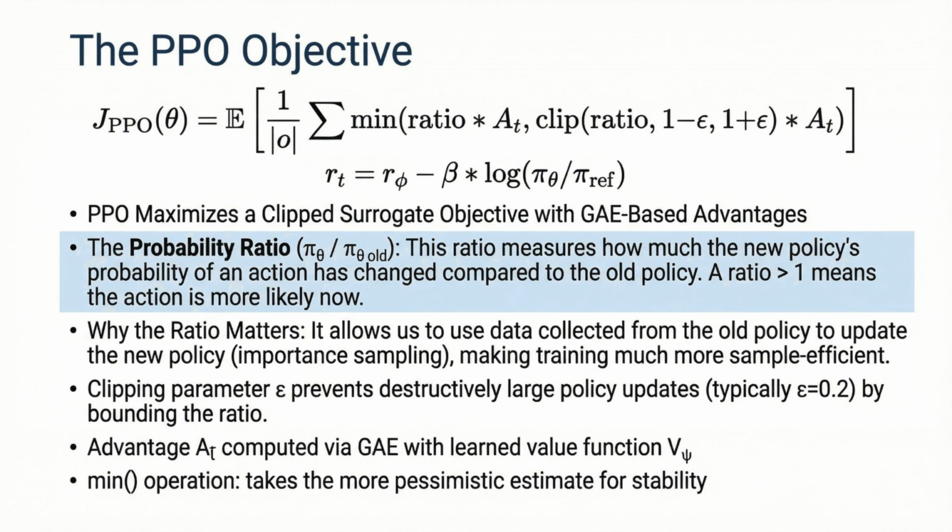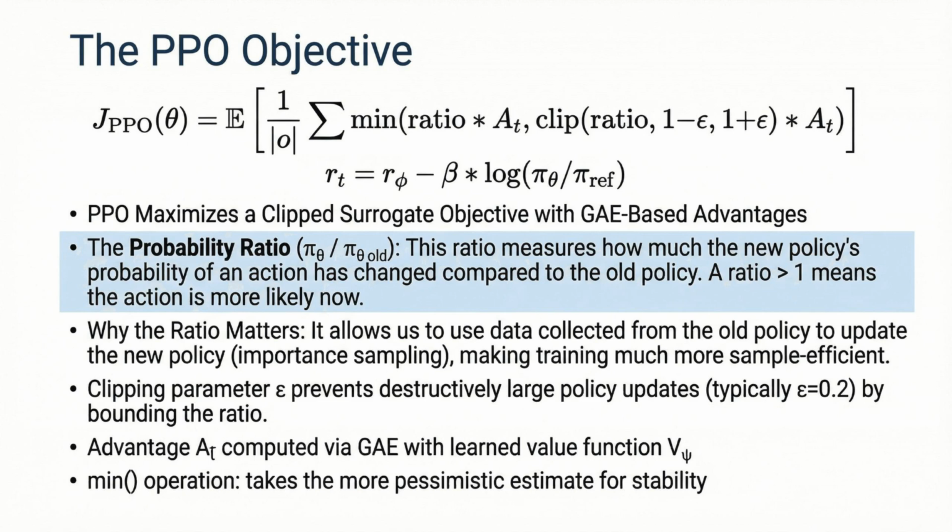Let us now look at the math. This is the PPO objective, equation 1 from the paper. Do not be intimidated. Let us break it down piece by piece. The core idea is simple. We want to increase the probability of tokens that lead to good outcomes and decrease the probability of tokens that